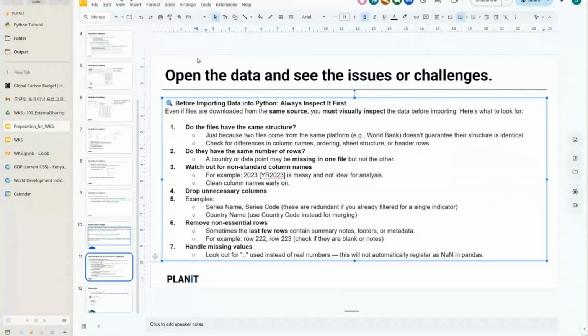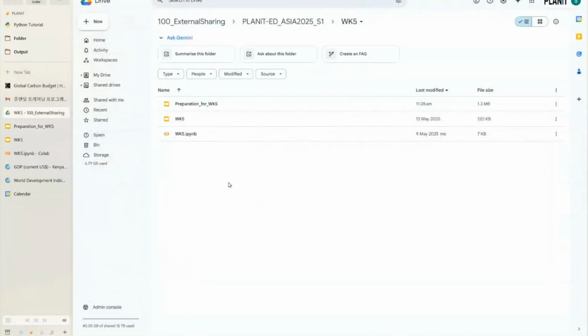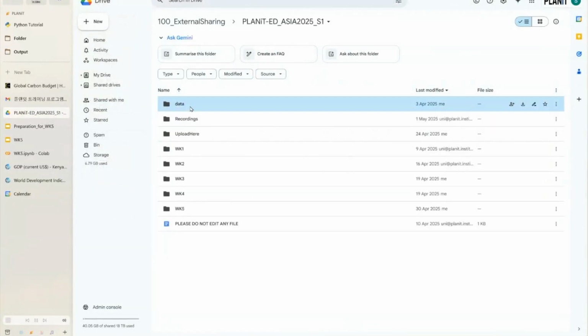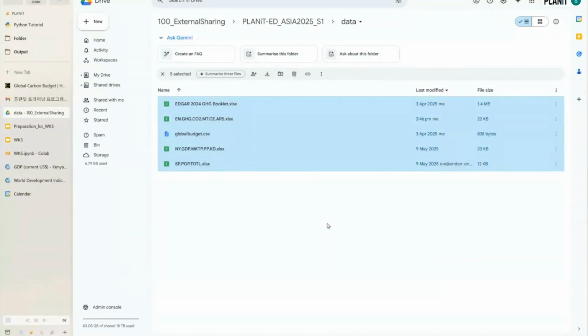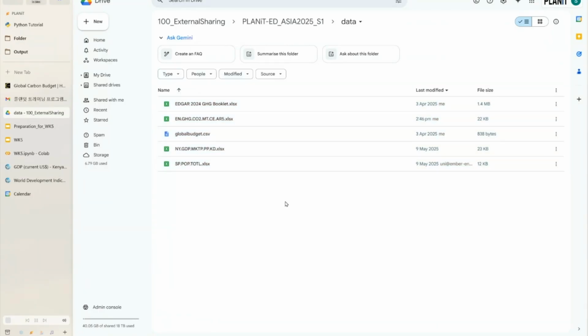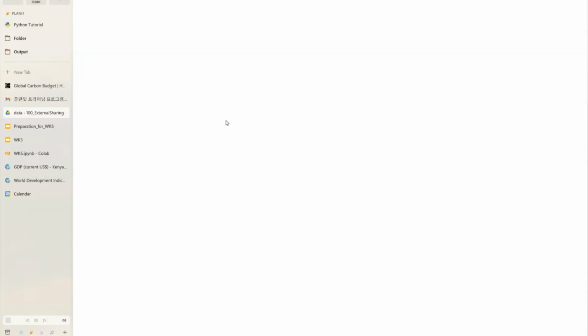Let me go to our data platform. And if you didn't go through the preparation, you can simply copy and paste. You can simply download this data to your local computer and then upload it to your Colab notebook drive. So, for example, if we download the CO2 emission data,